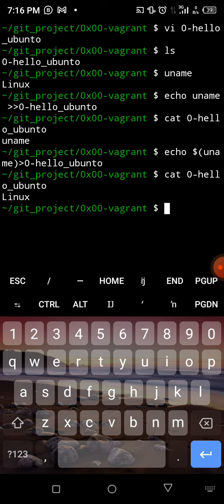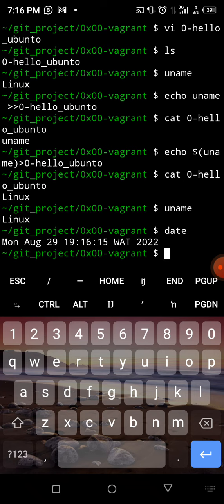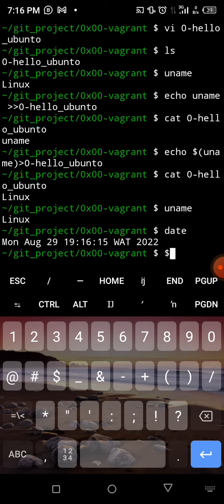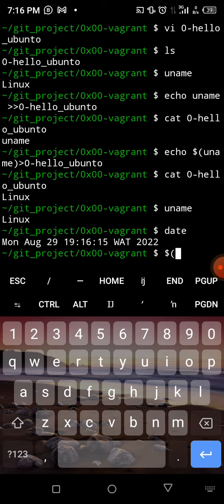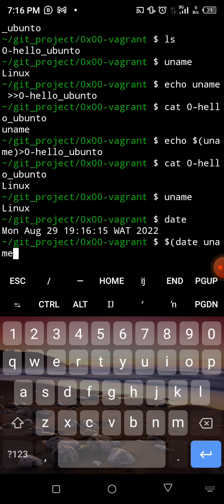Inside you want to run something like date to get your date. Make sure you put everything inside a dollar sign inside a bracket, something like this. You echo it, so you say dollar sign, then you put maybe your date, or you can put your name inside there, and make sure you just close it. So if I come here and echo that